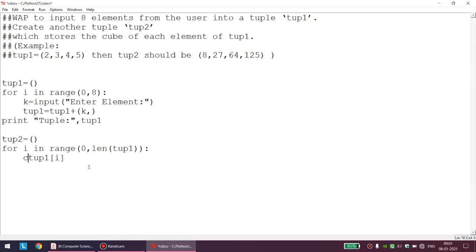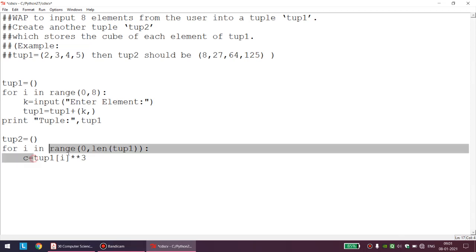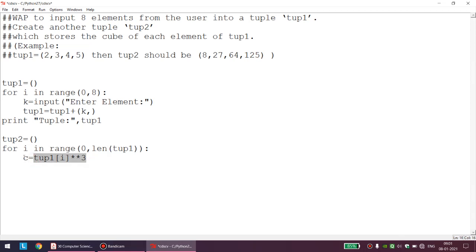So let us say C equal to TUP1 of i, which gives me access to each element, and I want to perform the cube of this. So let us say star star 3, and the result will be directly stored in the variable C. So in this tuple TUP2, we will keep on appending the element C.